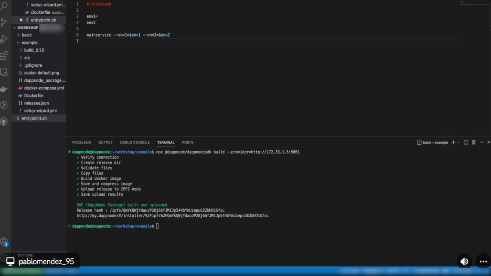So he's actually running Visual Studio in his own laptop, but he's connected to his DAppNode. Okay, got it. So all these files, and the terminal and everything is running on the DAppNode, but Visual Studio is installed in his own laptop.